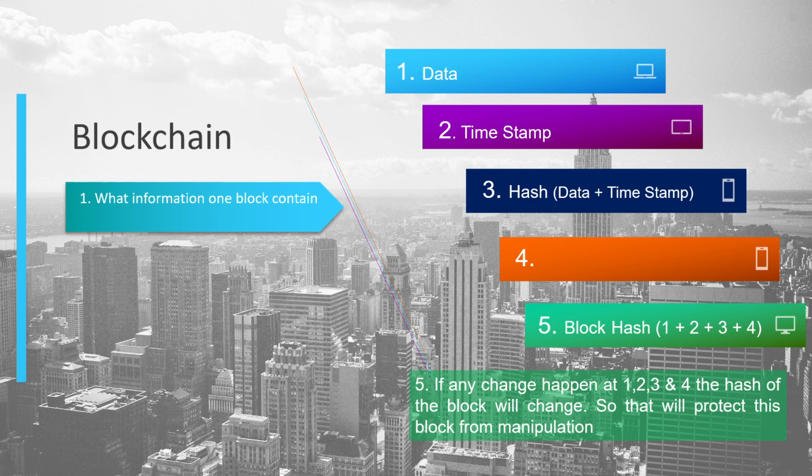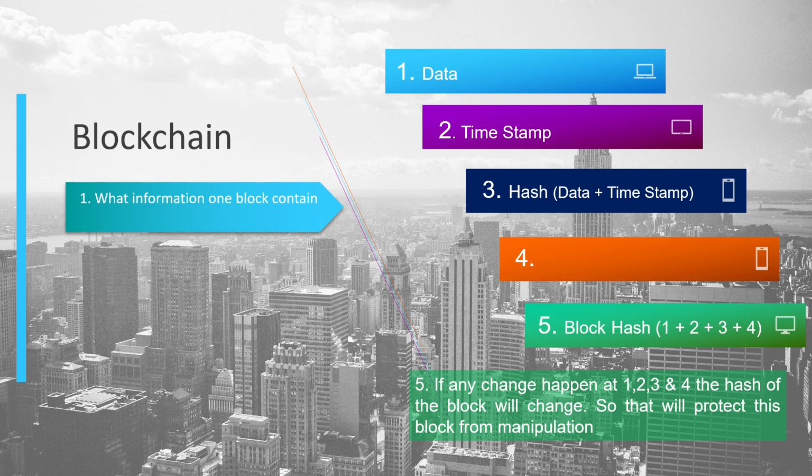Now all these values you're going to take together and create a hash that is going to give you a block hash. Same as previously, if you remember about point 3, if the data is manipulated, the hash will change. So here data, timestamp, even your hash value, if someone manipulates the hash value, or point 4, anything, the value of the fifth point is going to change. So the attacker needs to change one value, then the fifth is going to change. So if any of the four is manipulated, the fifth is going to change.